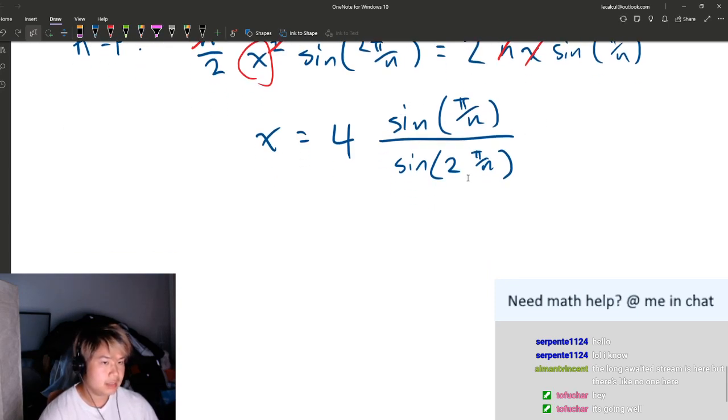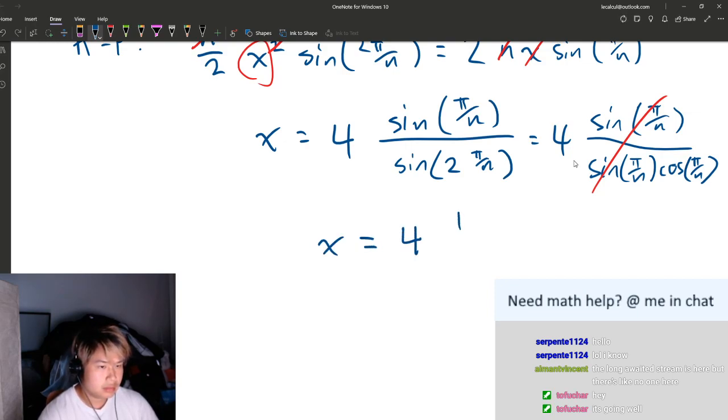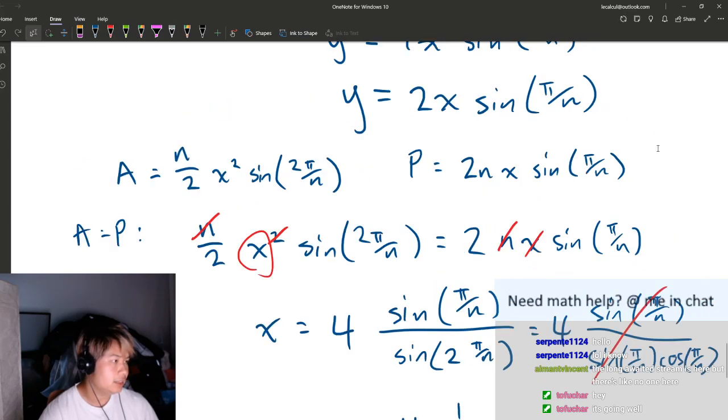Isolating for x, we get this. This is a double angle. I use the double angle identity for sine. The sines cancel, and then I get exactly what I wanted to show, which is x is equal to 4 times 1 over cosine, or secant, pi over n. Good. Now that I've shown that, if I were to plug it into P,